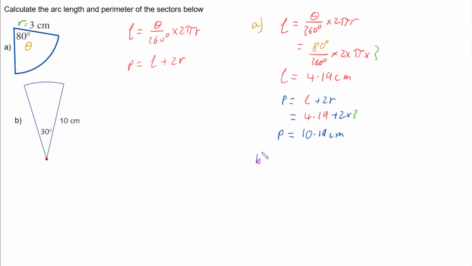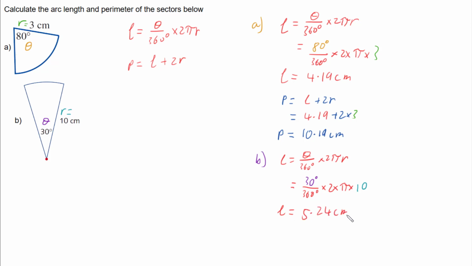Moving on to part B, the angle here is 30 degrees and my radius is 10 centimeters. So my arc length is the angle on 360 degrees times by 2 times pi times my radius. So I have 30 degrees divided by 360 degrees multiplied by 2 times pi times that radius, which is 10. So that's giving me an arc length, if I work that out, of